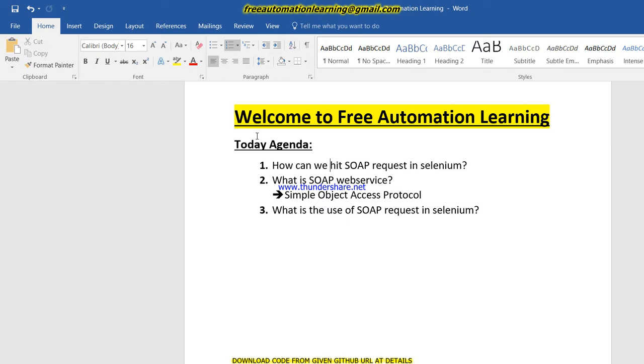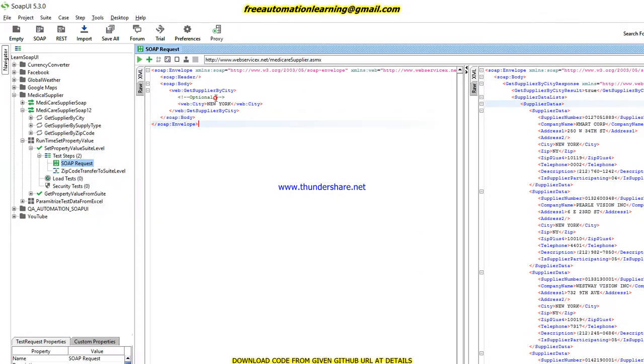So let me open SOAP UI first. This is my endpoint, the endpoint which I need to hit, and this is the request. You can see the request has been defined under an envelope, right? So this is the structure. This is the request I am going to hit. It gets the supplier by city, and we need to pass the city over here. When we hit the run button,